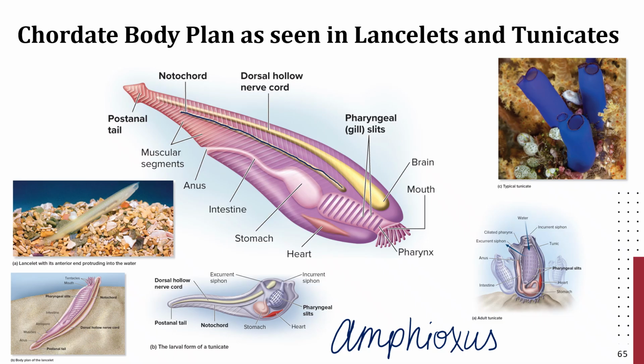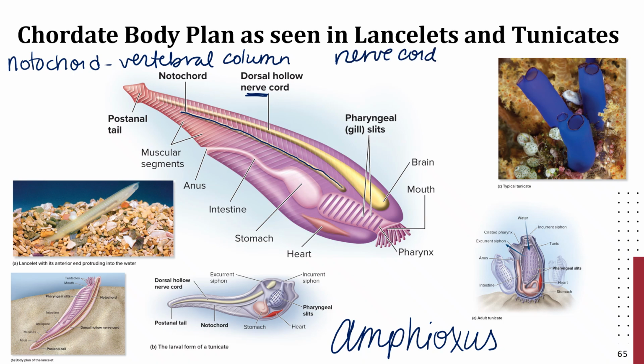In our later chordates, the notochord is going to become the vertebral column. In other words, all the bones that surround your spinal cord. The dorsal hollow nerve cord is going to become your spinal cord, or it's going to develop later into the spinal cord. And also the brain. So right now with the tunicates,